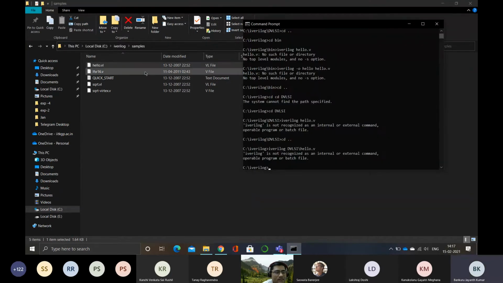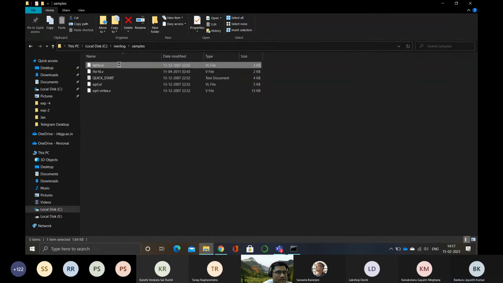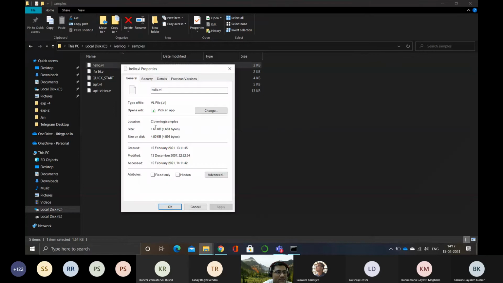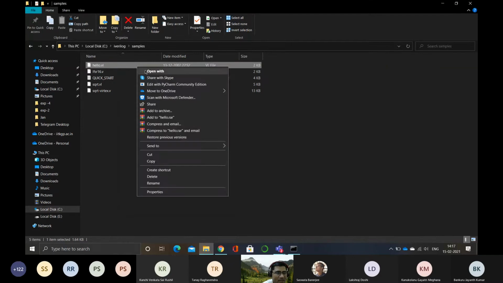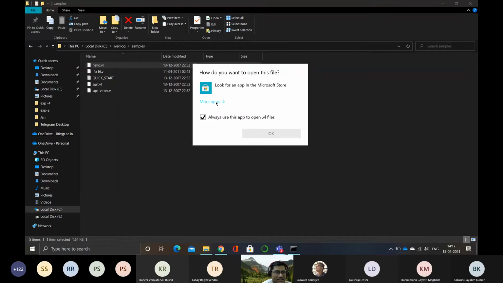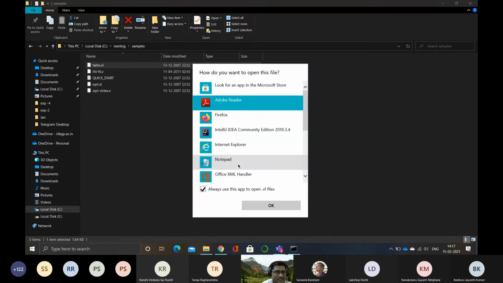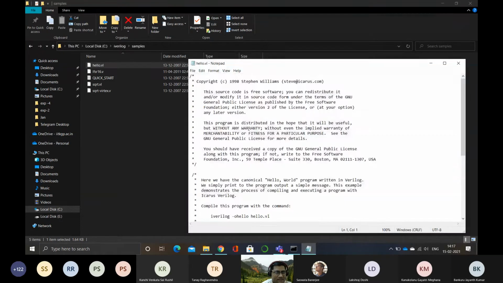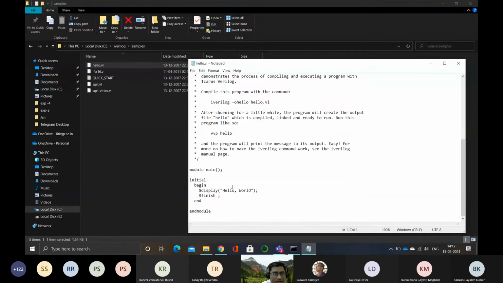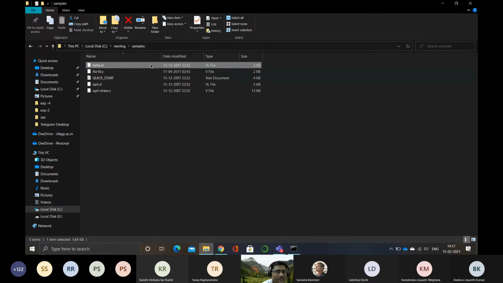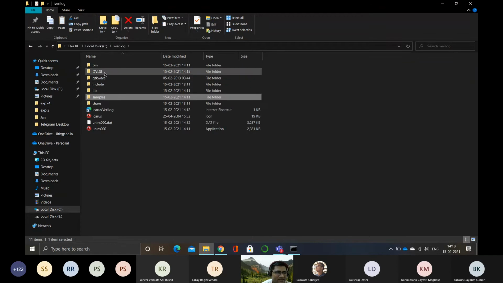Shall I try to run this one, sir? Can you open this .vl file using text? Open with. No, don't change here. Just right click, open with. And this always thing you disable. Then notepad. Oh, this is a module. This is the same thing basically, right? Okay, so you close it now. You copy this hello file. Control C. And then paste in this iVerilog dvlsi.